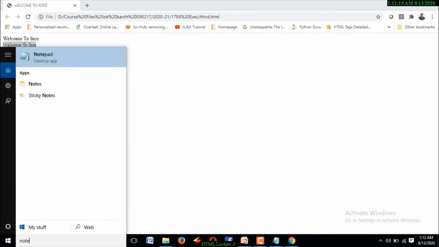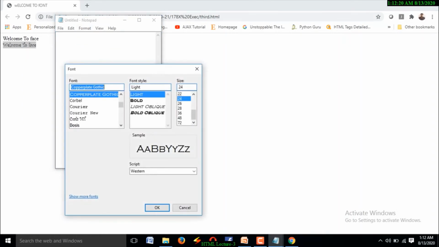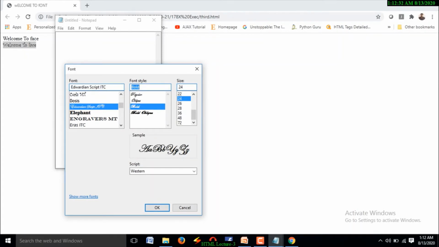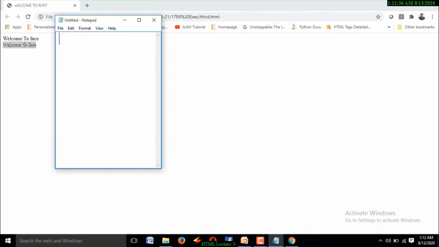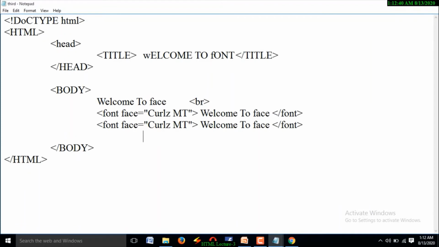Go to the Notepad once again. Format, font. Now I am going to use this one. Control C, copy it. And if you want to get bold also, you can, but you need to use the B tag in the document where you are using it.